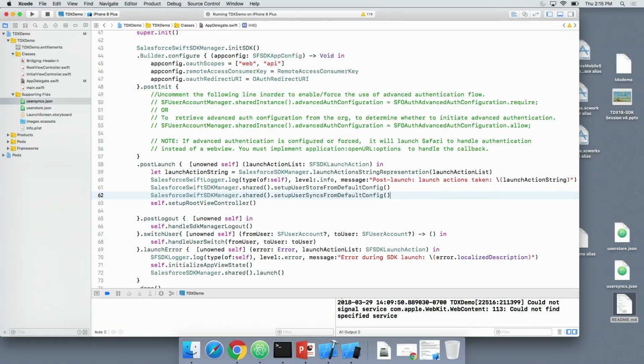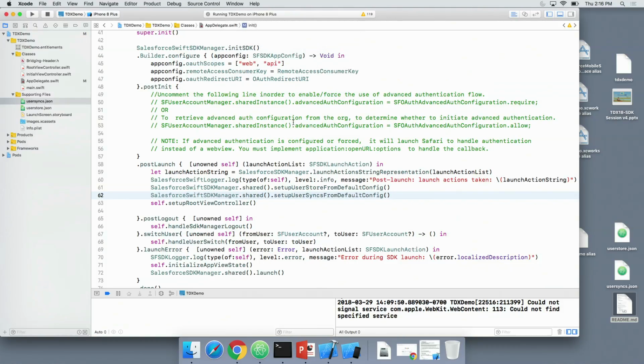We also support global store and global syncs. Those would be available across users and also available when you log out. That would typically be data that's not org-specific. It could be data that is shared by users. For instance, the events app is using Smart Sync, and there's some data they put in the global store because it's really not specific to that user. The user data would contain what sessions you want to attend and things like that. The global store will contain session data, which is publicly available. All right, so now if I run the app now,